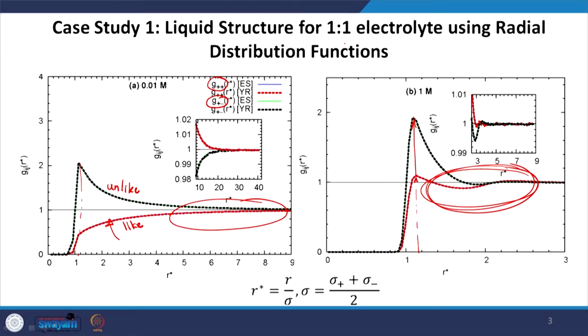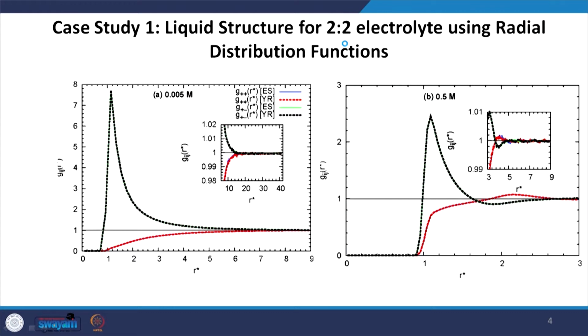So, you can see, for example, repeating the same for a 2:2 electrolyte, that is when the valency of both plus and minus is 2 as opposed to both being 1 in this case. Now, if I compare these cases, they will have a different structure compared to the 1:1 case, especially at higher concentrations. So, as we go to higher concentrations and increase the valency, there are significant changes in structure,